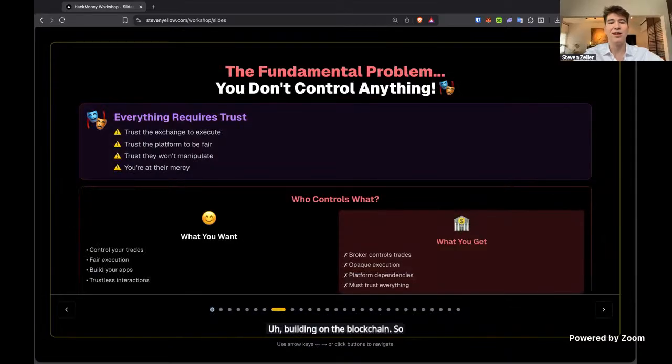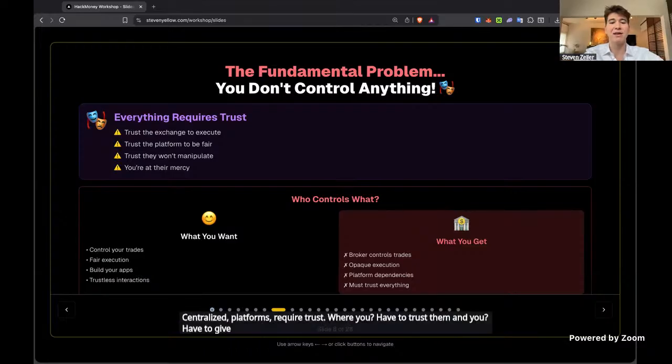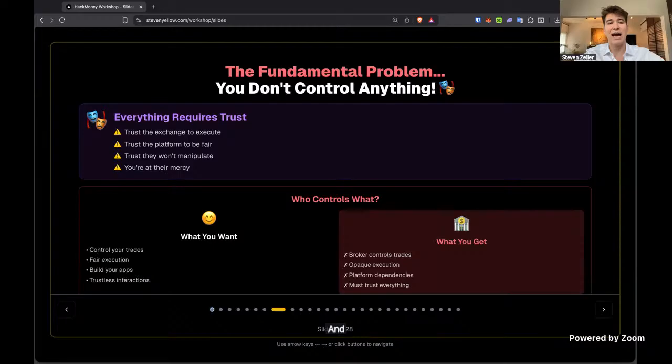So the fundamental problem here is that centralized platforms require trust, where you have to trust them and give them your funds. What you want is actually to have control of your funds and control of your trade, and have more trust-minimized or trustless interactions.